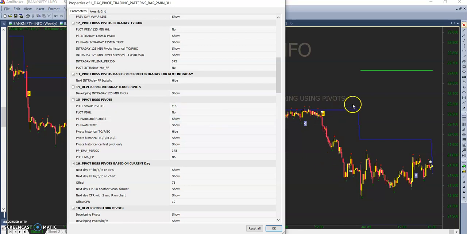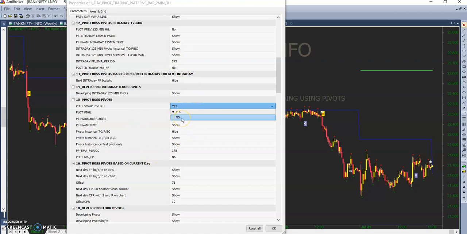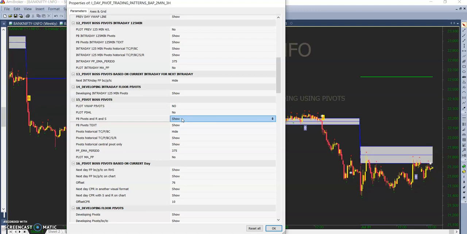When you select this option, by default you will get the previous day VWAP here, which is nothing but the central pivot based on previous day VWAP. Since our entire strategies are based on high, low, close of the previous day, I am disabling this option.